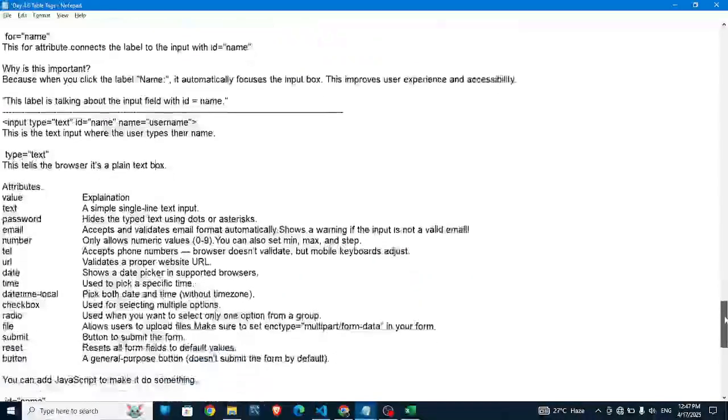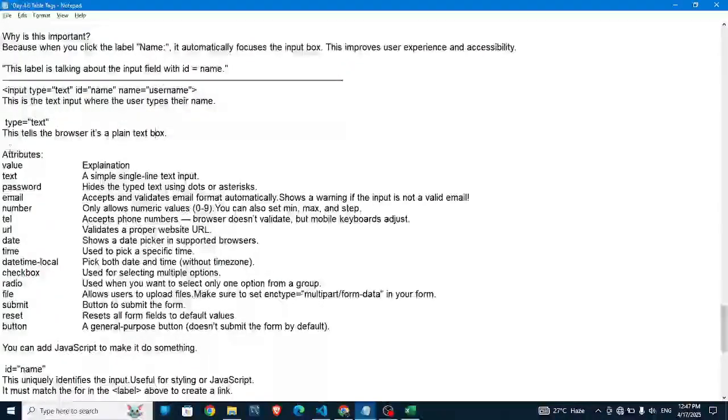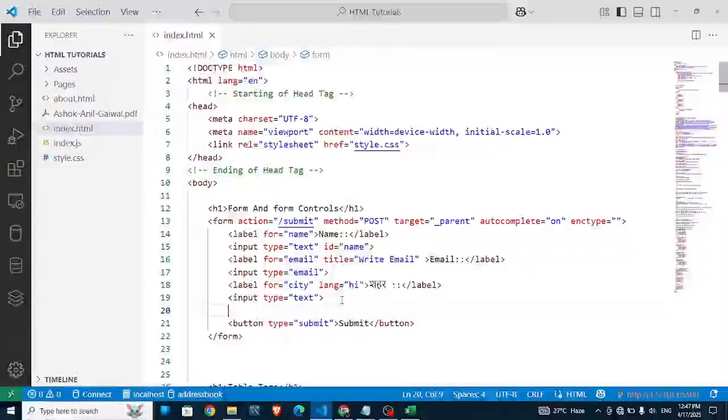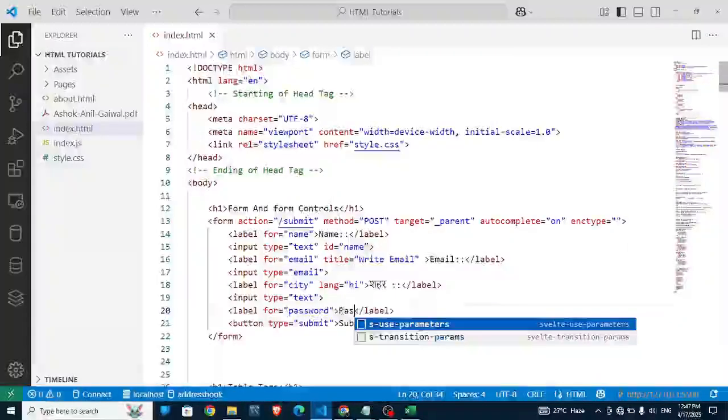इसे टाइप कहते हैं। ओके। टाइप एट्रीब्यूट्स में वैल्यू बहुत सारी है। टाइप एट्रीब्यूट्स में फर्स्ट है टेक्स्ट। टेक्स्ट इज ए सिंपल सिंगल लाइन टेक्स्ट इनपुट। पासवर्ड फील्ड है। पासवर्ड hides the typed text using dots or asterisks. We will try this one also. Okay, we will take password input. Okay, label equal to password. We'll type here password।